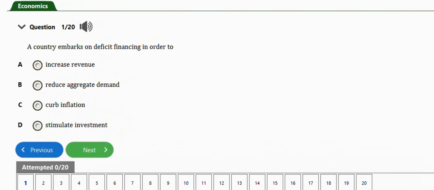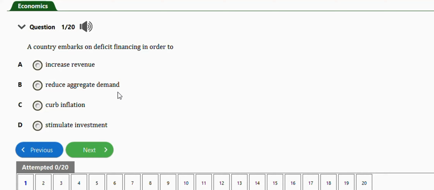In this video, we're going to learn how to solve these JAMB economics problems under public finance. We're going to focus on the subtopic fiscal policy, and we have about 18 to 20 practice questions in the video. Let's get started. The first question says, a country embarks on deficit financing in order to increase revenue,